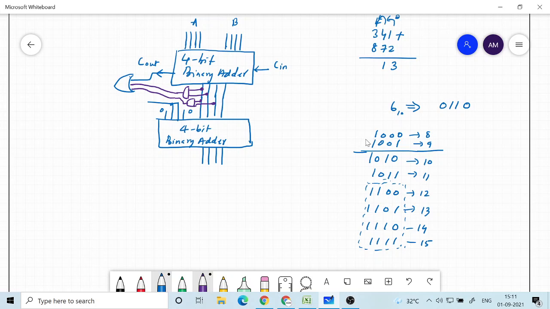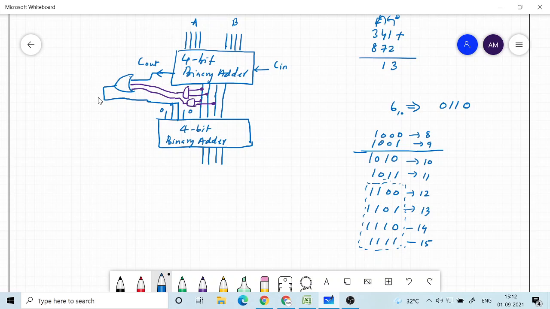If either the first 2 bits are 1 or the first and the third bit are 1, in that case it will generate a 1, and that is given into an OR gate. So basically if any of these 3 things happens, that is carry becomes 1, or the first 2 bits are 1, or the first and the third bit become 1 of the result, then we need to give a 1 as the second input of the second 4-bit binary adder.